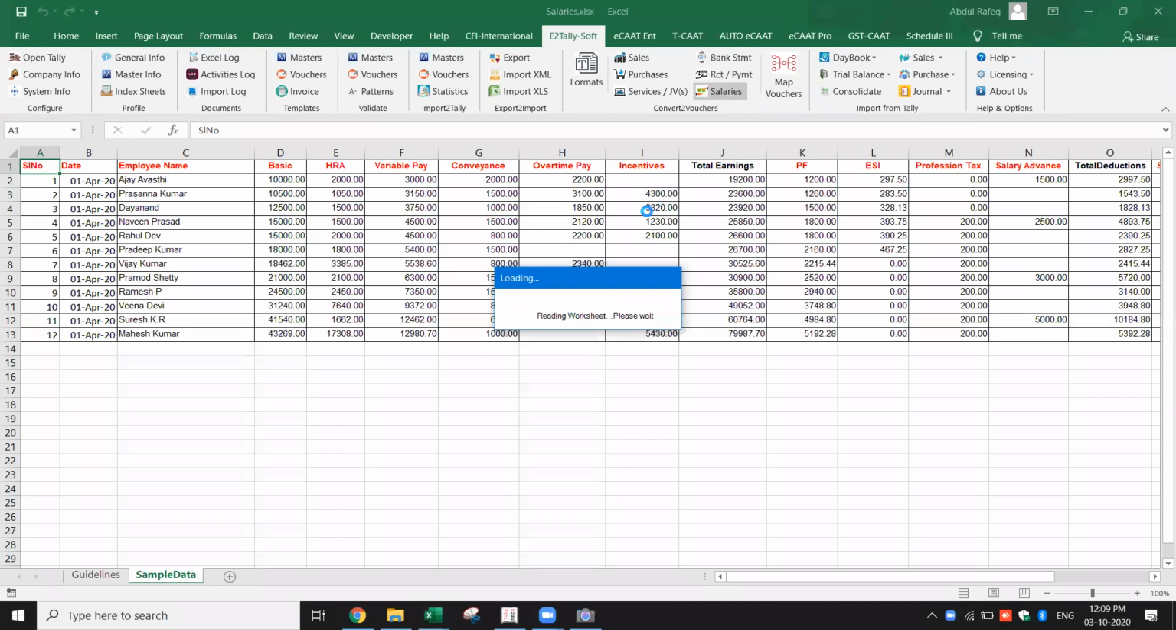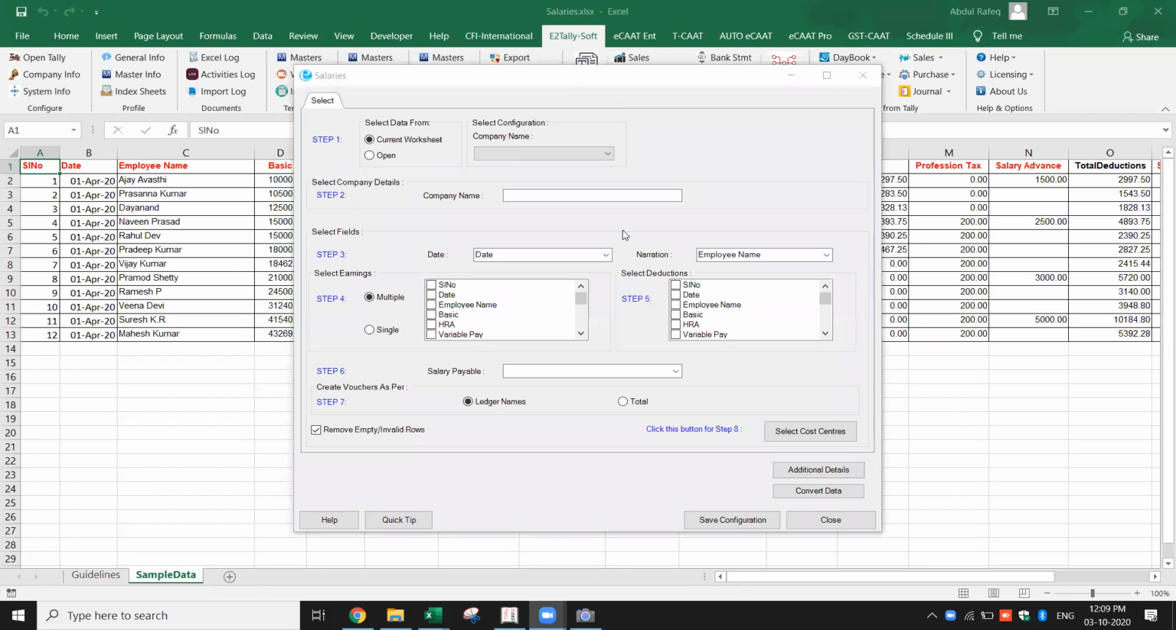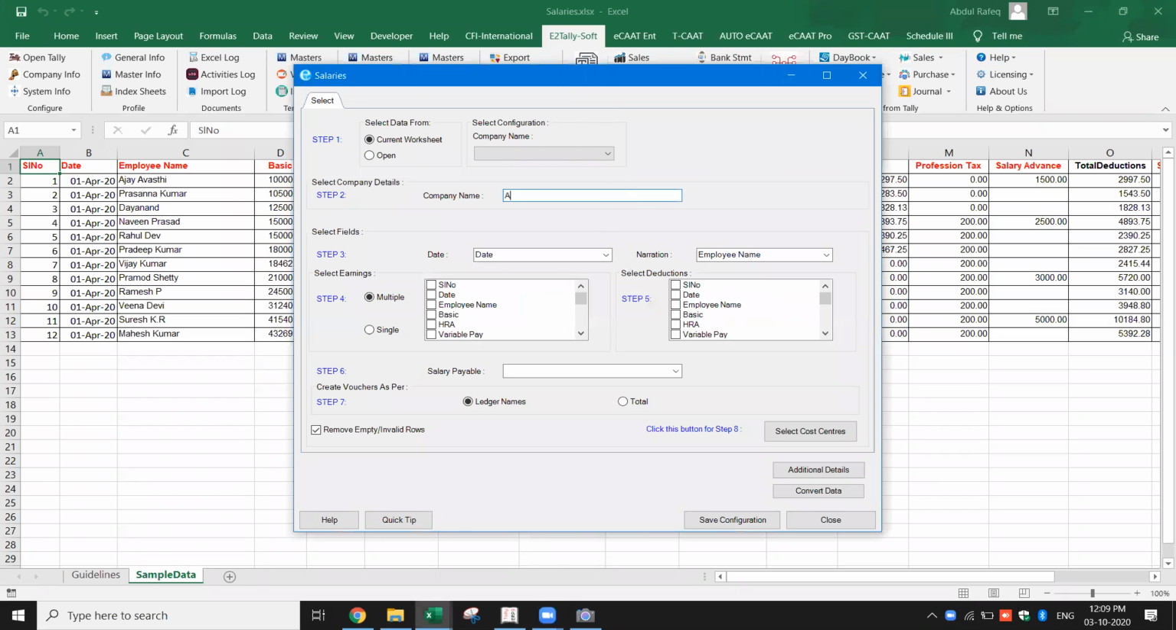So I go to salaries. Now here I select the company name. Okay, now here see this interesting part. Narration, employee name, I've given the narration. What is to be debited, what is to be credited, you should know very clearly. In this case, I'm going to debit the basic, HRA, variable pay, conveyance, overtime pay. This is what is to be debited. Incentives, I don't need to take the total earnings because automatically it will take it. Okay, and what is to be